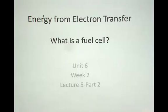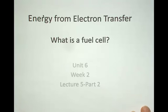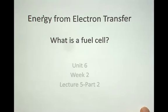Welcome back. We are now at Unit 6, Week 2, Lecture 5, Part 2, the second half of the fuel cell lecture. In the first half, we defined a fuel cell and looked at how similar it is to a battery because it is a galvanic cell, the main difference being that the fuel is continually supplied to the fuel cell. In this part of the lecture, we're just going to talk for a few minutes about